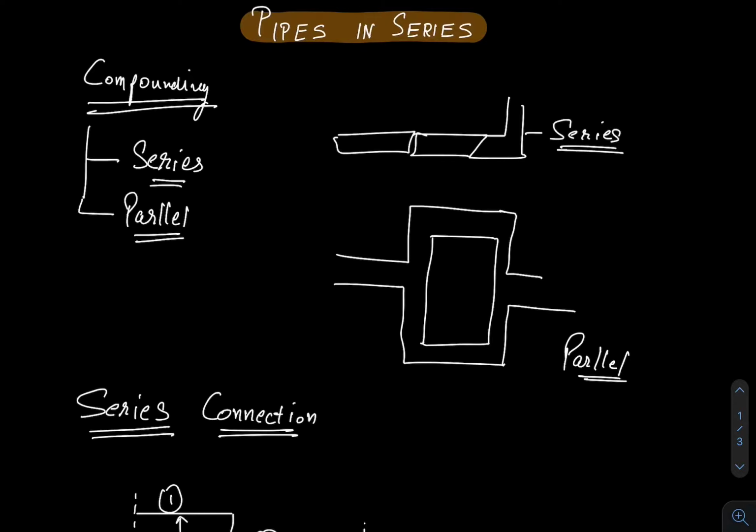Remember, in the last class we studied that in a practical situation you can't have a single pipeline all over your system. You need a structure of pipes, a proper system. Some pipes may be connected in series and some may be in parallel combination. Earlier we calculated the friction in a single pipeline. Now we will see how to calculate the total friction loss for a structure of pipelines.